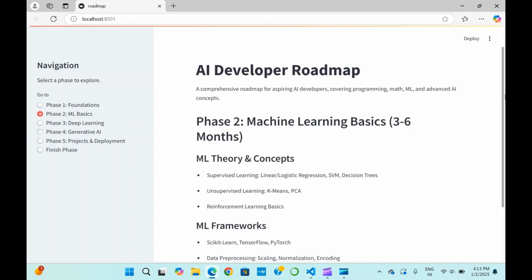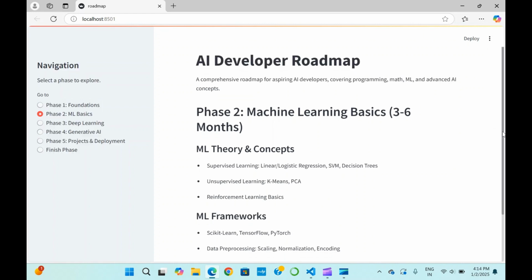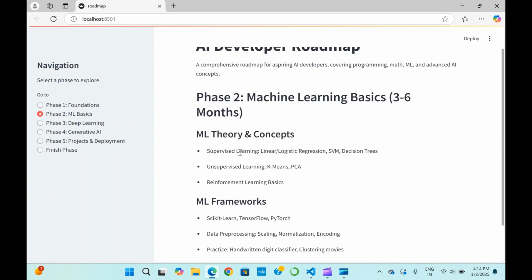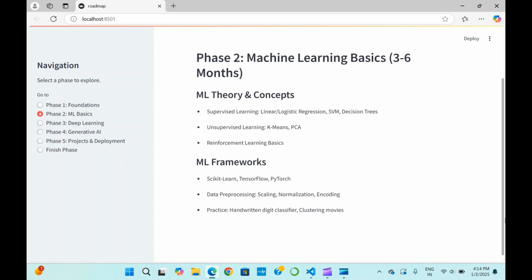So you have to learn the theory concepts of machine learning, like what is supervised learning, what is unsupervised learning, what is reinforcement learning. Then in supervised learning there are many algorithms like linear and logistic regression, SVM, decision trees, K-means, PCA, and all of these things you have to learn. Then you have to work on these frameworks like Scikit-Learn, TensorFlow, PyTorch, and